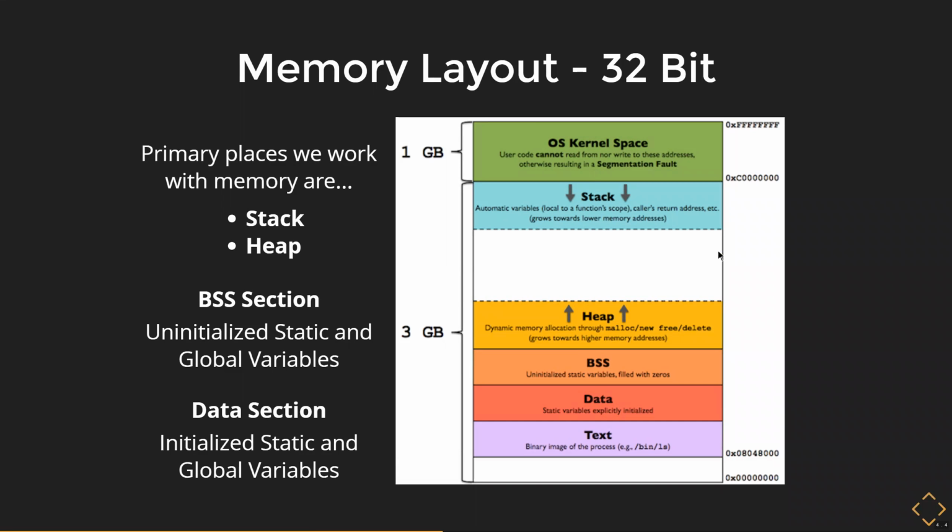Usually a global variable would be a variable defined outside of a function, just to make it clear, and static would be a keyword that allows